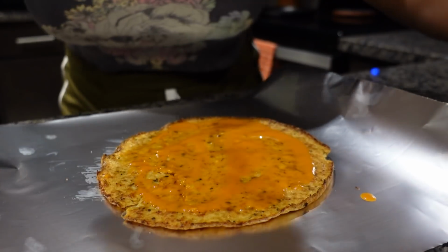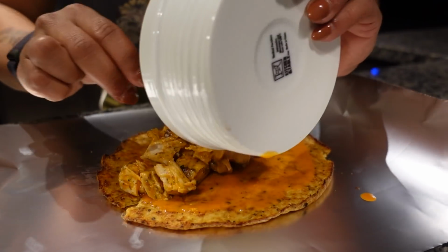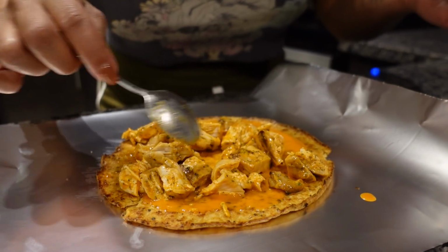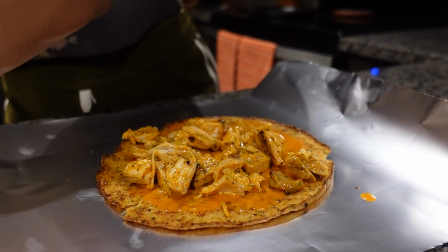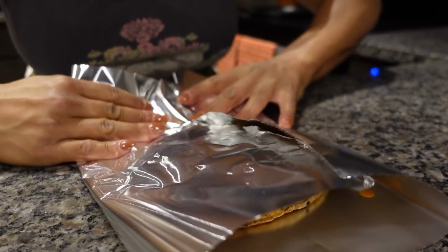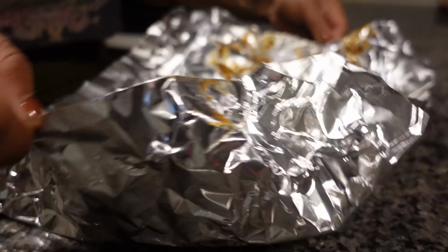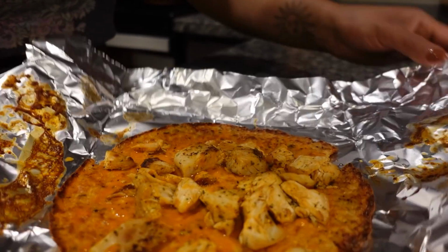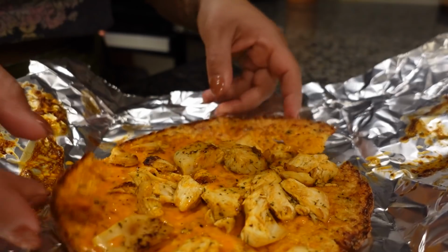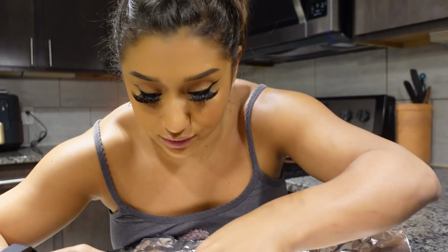And then I'm gonna put the buffalo chicken with the ranch on top. There we go. We just wrap it up. Put it back in the air fryer. So it's still flimsy, but you know, even though it's flimsy,